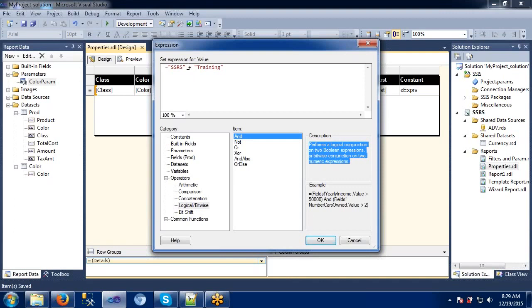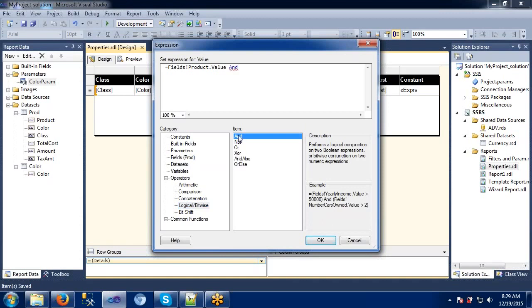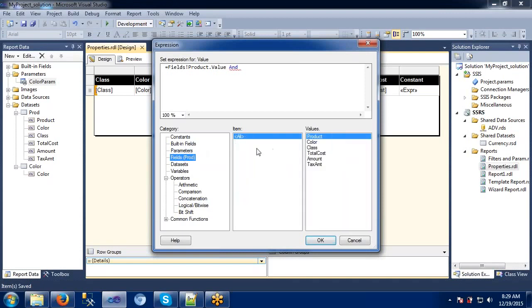Means here I would give some expression, and here product dot value and some fields here, where some color.